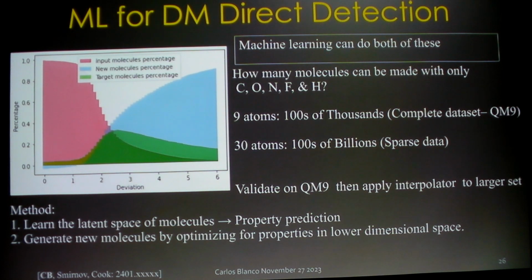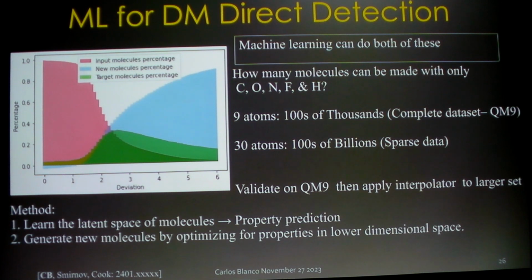Okay. How do we do that with machine learning? Well, let's start with a small data set, a data set called QM9, which is quasi-complete. This was like a huge effort. It's essentially like the Human Genome Project, but for molecules. They tabulated all possible molecules that are experimentally viable up to 9 atoms, and they computed a bunch of DFT on them. And so we can use that as a training set, and to validate a machine learning network that we made bespoke for this task.